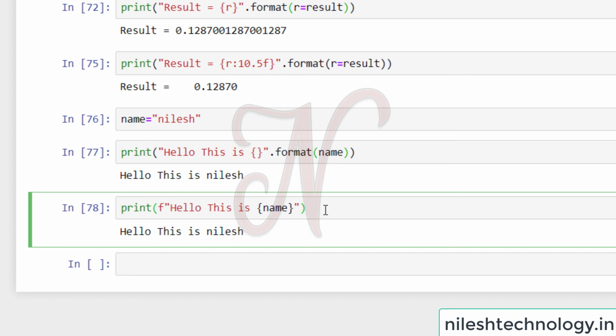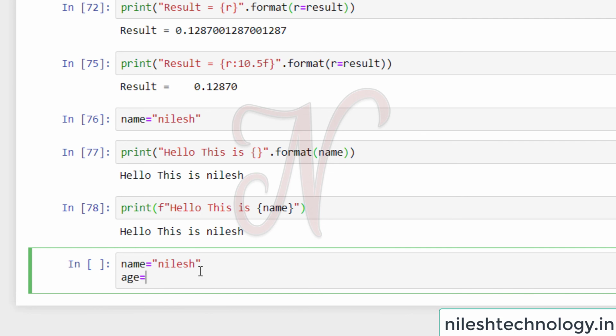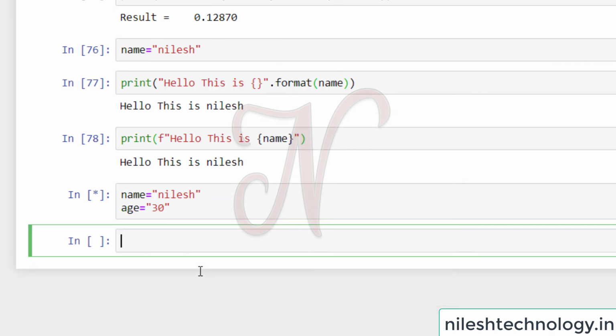So see here, my another example is multiple variables. Name equal to Nilesh, again age is equal to 30. Then see here, if you try to access these two variables by using the F string syntax, print F, hello name, your age is age.